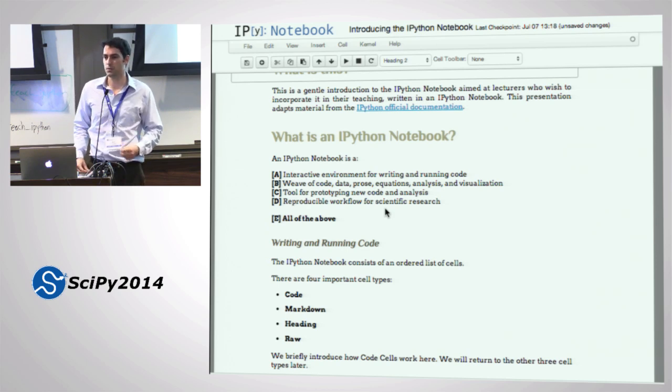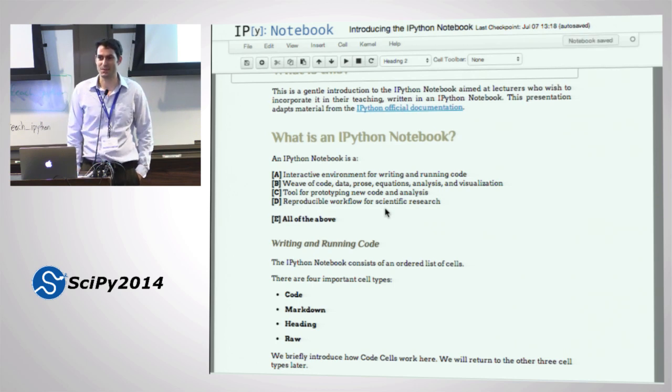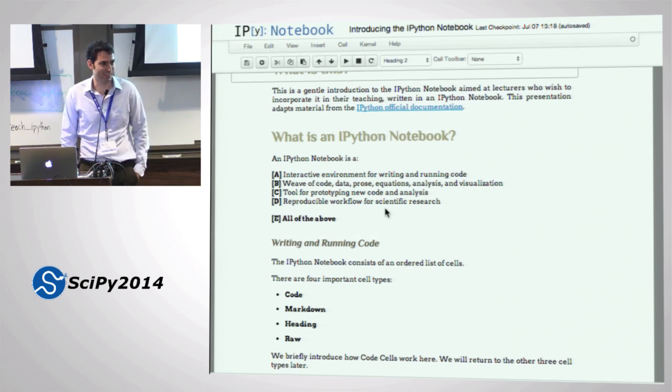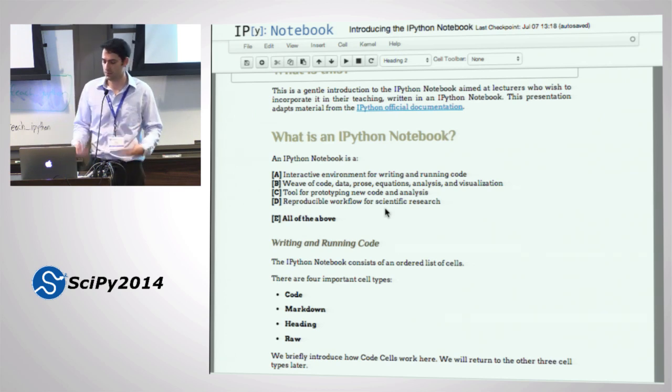It is also a tool for prototyping, because sometimes you want to write new code, but you're not ready to put it into your library. You're not ready to save it out as a script. You just want to see what it does, right? I'm going to quote Fernando, because this is one of my favorite Fernando quotes. As scientists, we don't know what we're doing, right? We have no idea what we're doing. And so we're continuously exploring and trying new things and changing things and seeing what happens. That part of curiosity is why we're all here, right? Well, that's why I'm here. And hopefully you've got some of that too, and that's why the IPython notebook might be useful for you.